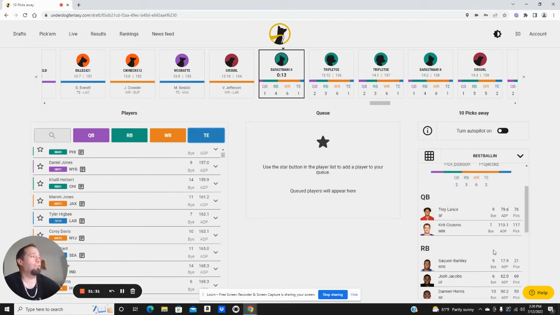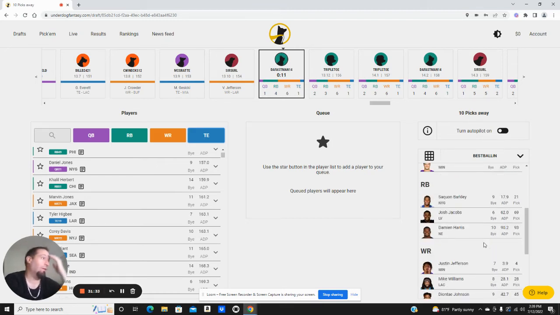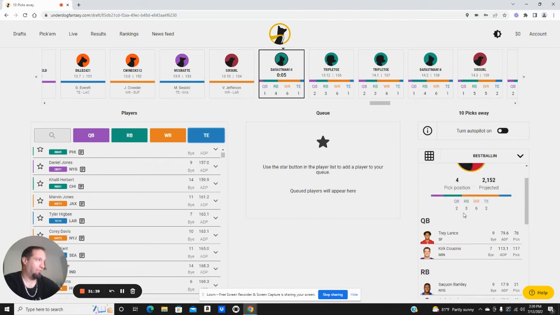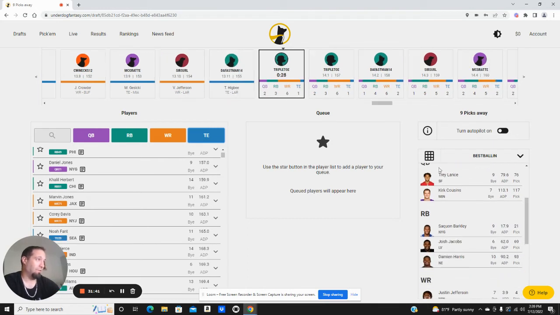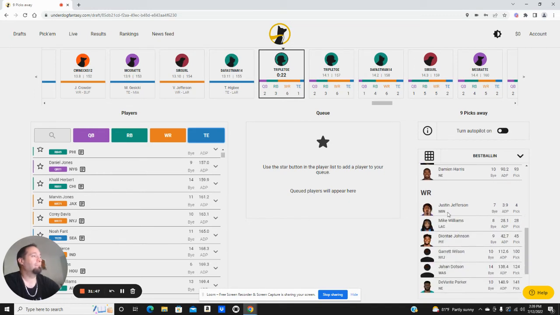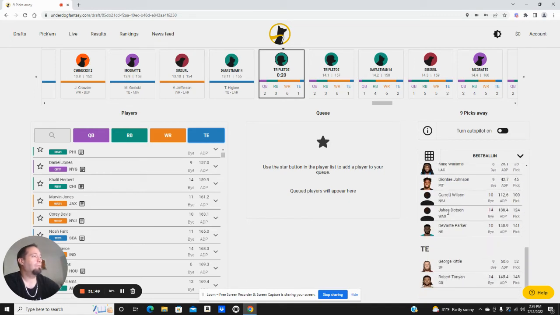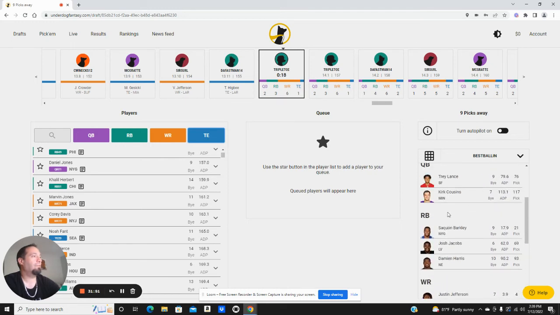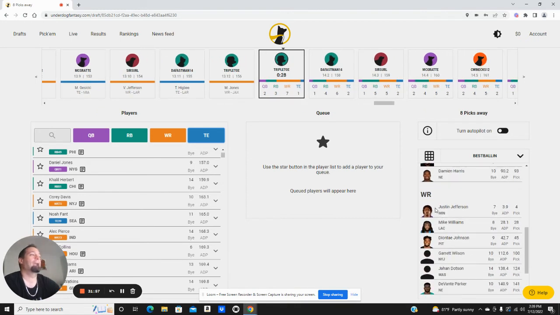Normally Josh Jacobs is a guy I would almost never have taken, but it's just a chance to get him in what I was hoping for with this game stack. I was sending Trey Lance to the turn, obviously, so he could have gotten taken and I could have gotten hosed, but that did not end up happening. So pretty nice to have a rare Josh Jacobs, at least in a build where it makes sense for him. I'm not really sure.